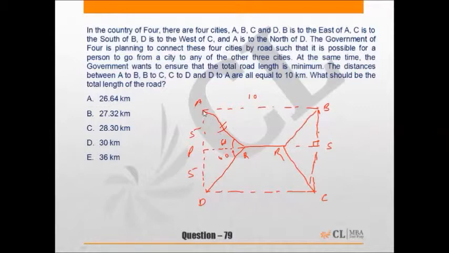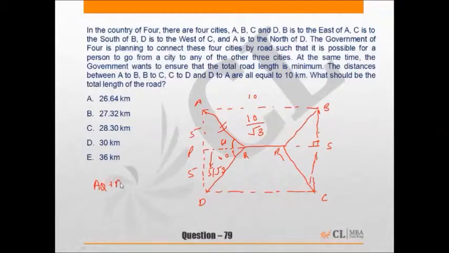As it is given that AB or AD is 10, so from here we'll get AP as 5 units, and angle PQA is 60. This is for minimizing the length of road. So from here we can find the length of AQ. It will be 10 upon root 3. Similarly, we can find the length of DQ. It will be 5 upon root 3. So the required length is